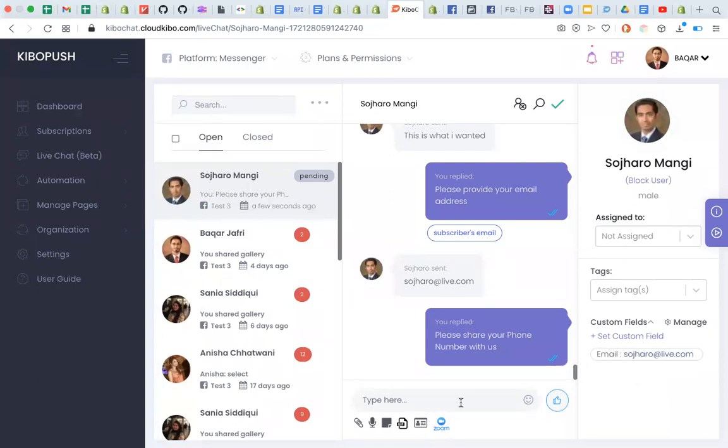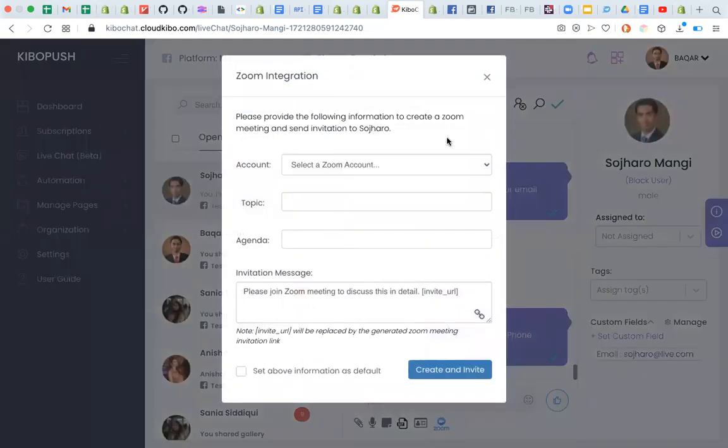So other option that I have on live chat is the Zoom meeting. Any agent can start the Zoom meeting with the customer, and if they think that they will be able to understand the customer's issue more in a video or audio call, then they can quickly start a Zoom meeting. The customer will be invited, and he will have the option to join the Zoom meeting or not, and the agent will be directly sent to the Zoom meeting page.